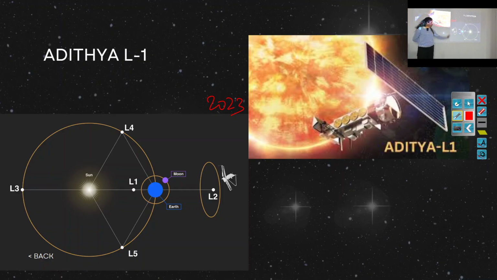Okay. These 2 points are relatively closer to the earth, so it is easier to launch. L3 is beyond the sun, which will be very difficult to place a satellite at, and L4 and L5 are also very far from the earth. So that's why we are making use of L1 and L2 as of now, but in future they might send to L4 and L5 also.